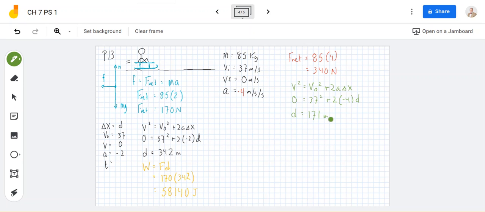That makes some sense. But here's the thing that's really cool, is that when I go to calculate the new work here, I'm going to take the force times the distance, and I'm noticing that the force is 340. It's twice what it was, but the distance is 171. It's half, and so I end up with